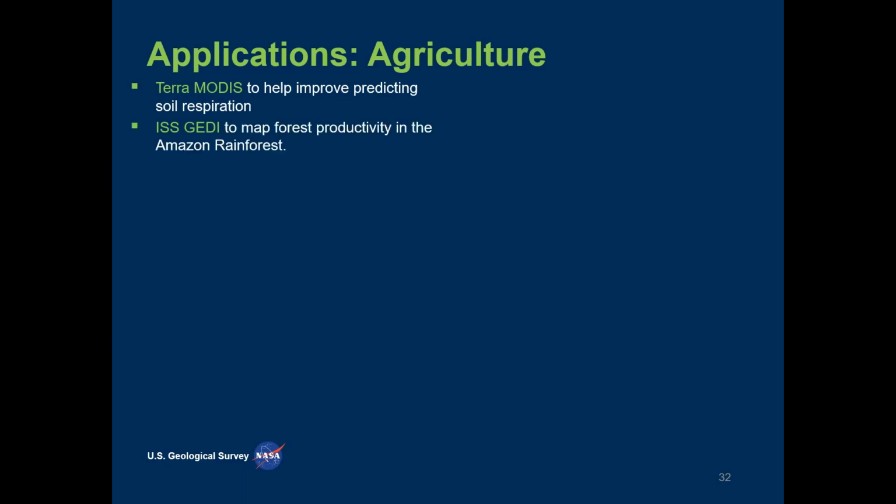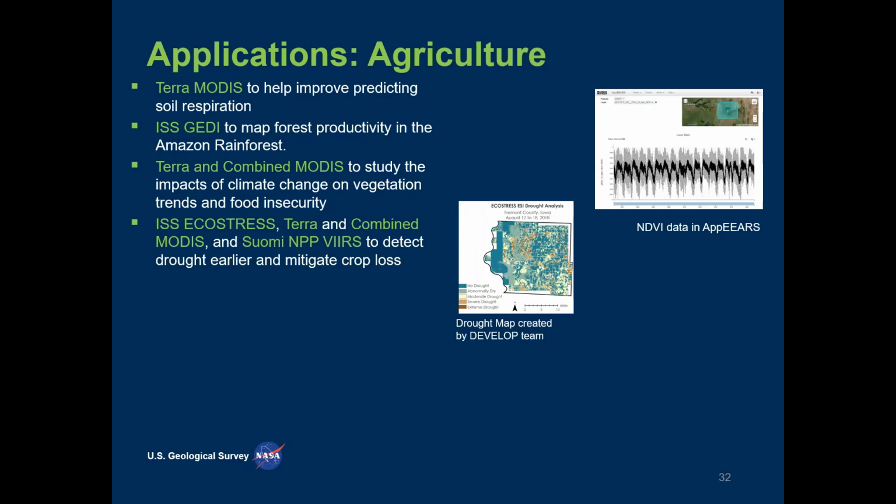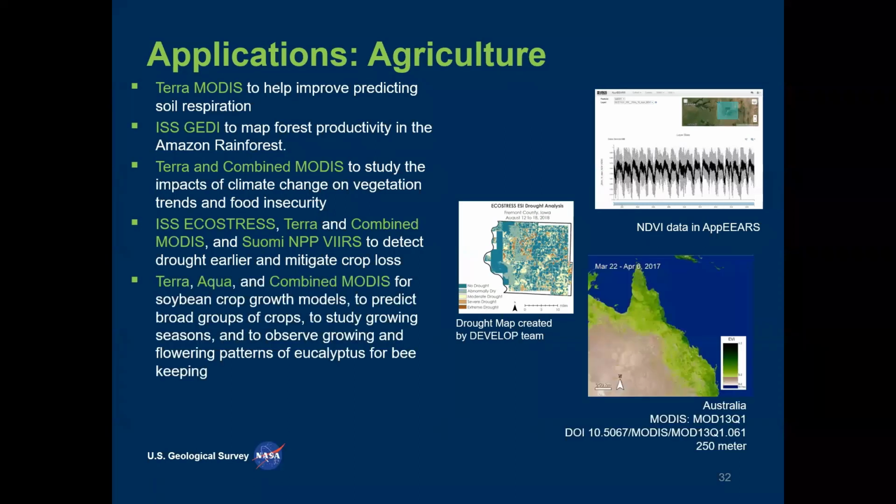Now, in the past, data from the LP DAAC has also been used in a variety of ways to study agriculture. Now, for the sake of time, I'll mention a few agricultural applications we've covered on our website, but I do highly recommend visiting the website to see even more examples. So data from the LP DAAC has been used to map soil respiration, as well as forest productivity. It's been used to study food insecurity and vegetation browning and greening trends. It's been used for drought detection and early mitigation to mitigate crop loss from drought, as well as to study